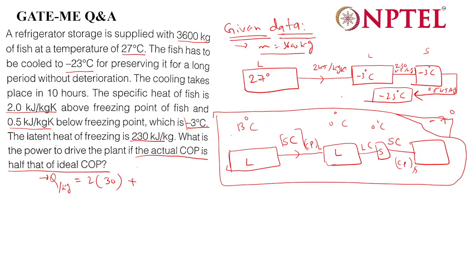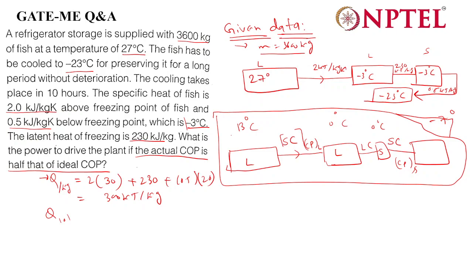So here sensible cooling will be m Cp delta T, where Cp is 2 and delta T is 12 to minus 3, so 30. Here latent heat is 230 per kg, so 230 for 1 kg. And here again Cp 0.5, and a 20 degree decrease, minus 3 to minus 23, so 0.5 into 20. How much will it become? Say 10, and total 270 kilojoule per kg, right? So for 3600 how much would it be? Total